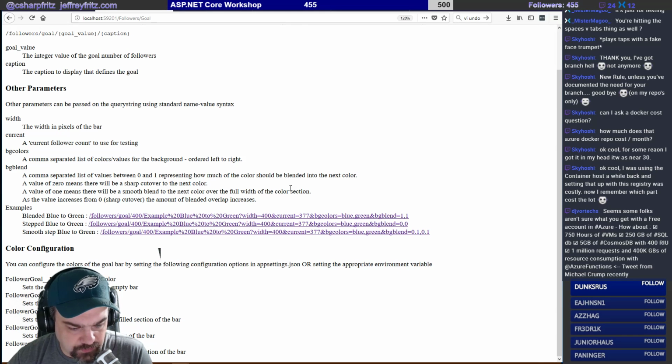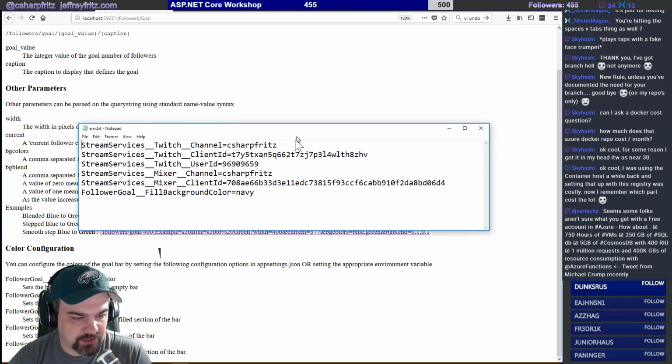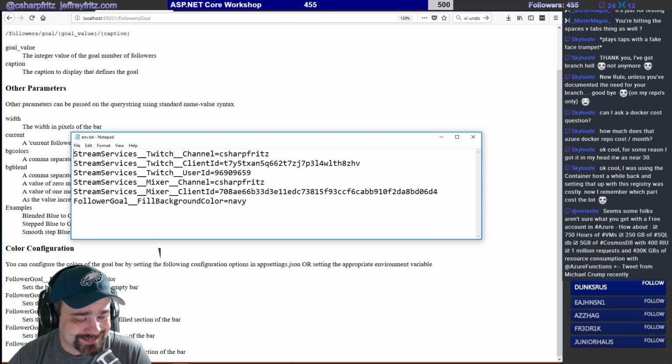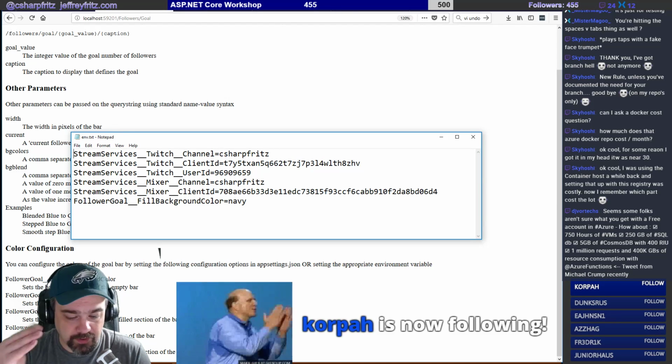All right. So right now, I want to change BG colors and BG blend. So where I have fill background color in my configuration, so here's my configuration. Instead of it being the current color,